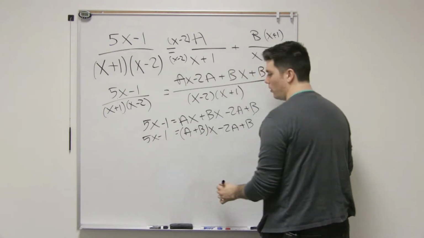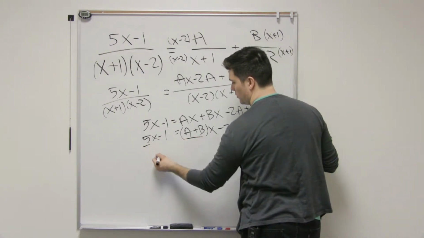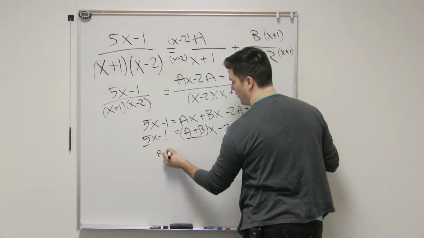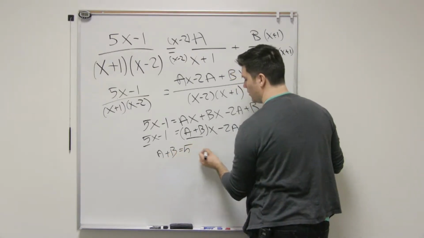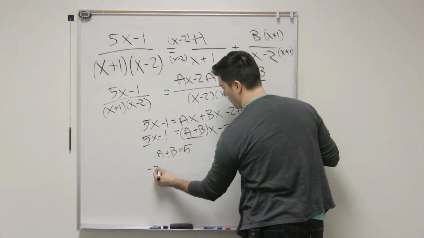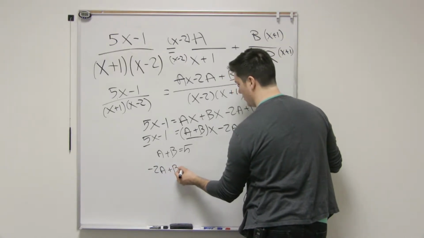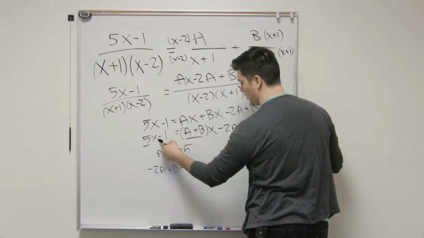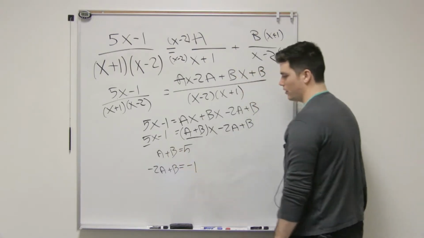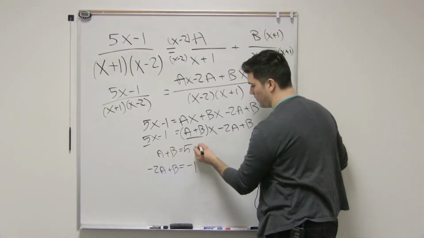For this equality to hold, a plus b must equal 5, and negative 2a plus b needs to equal negative 1. Solving this, we get